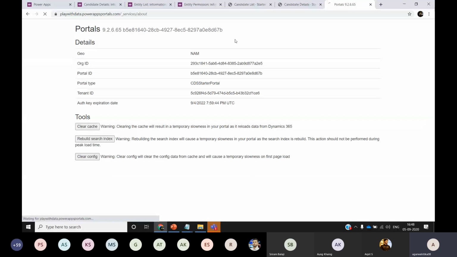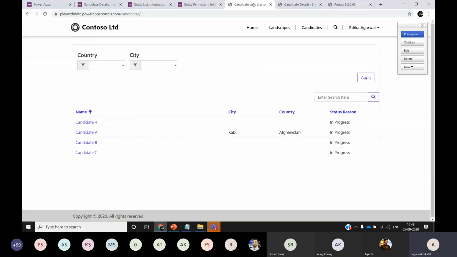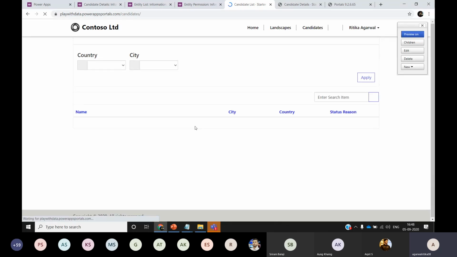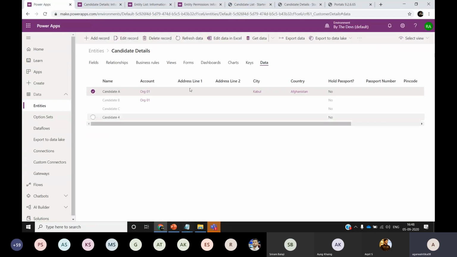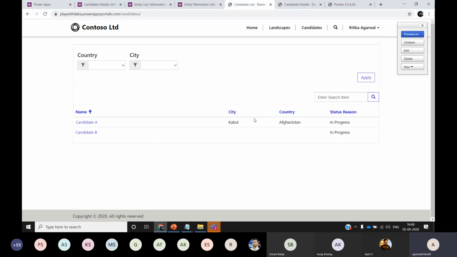So if I again clear the cache of this page, so now I should only be able to see 2 records which are candidate A and B, which is expected out of what we have configured as part of the backend entities. Now we have this list configured as per our accounts.